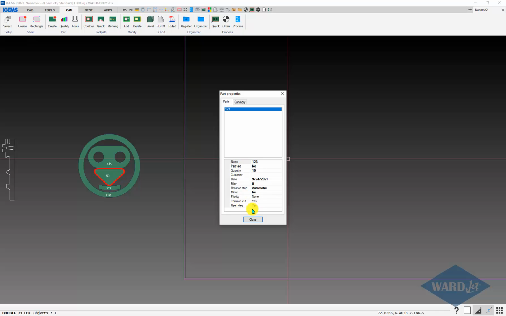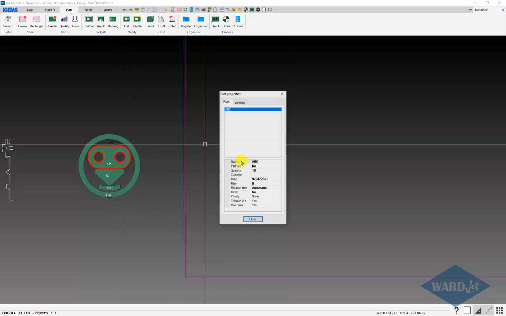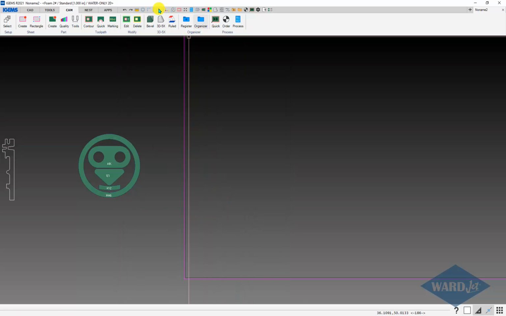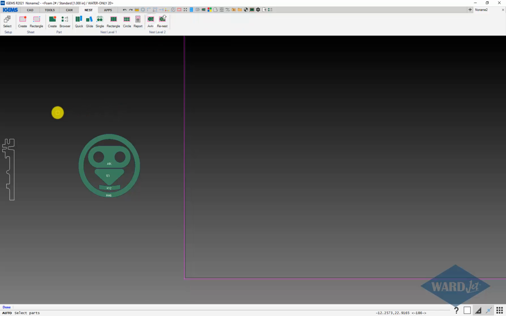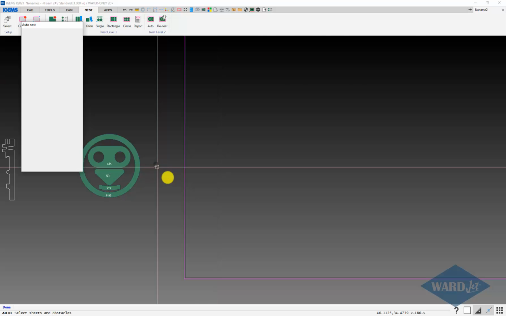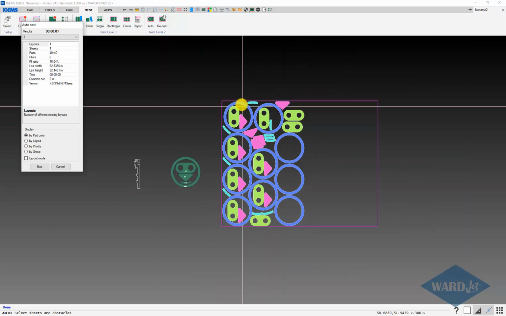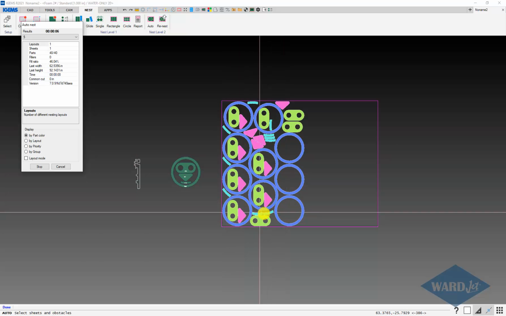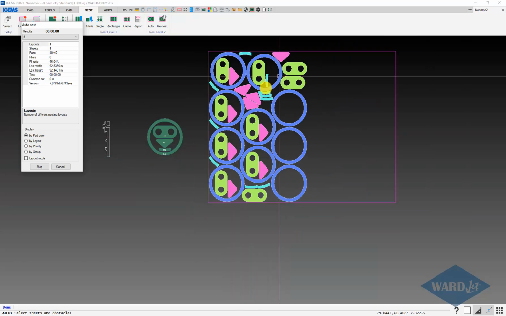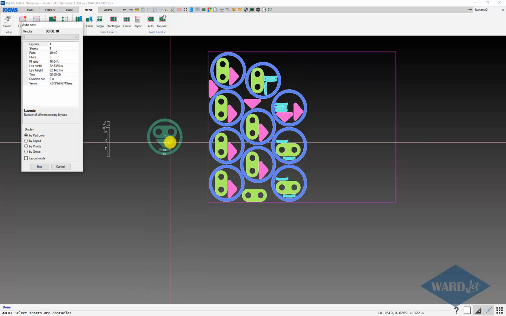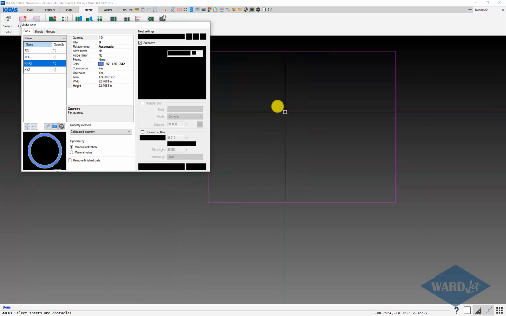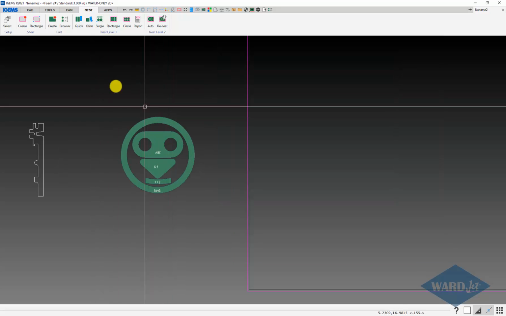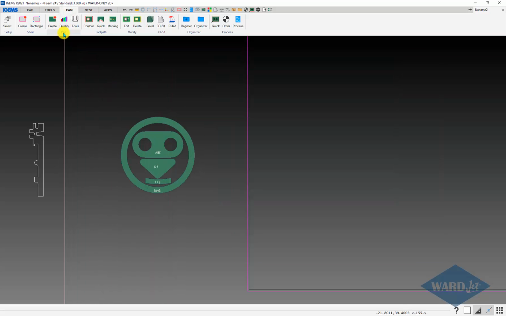Double click on it, that's the part name for that one. That's the part name for that one. And if I go ahead and nest these onto this sheet here, of course IGEMS is going to do its best to optimize my material utilization and not necessarily keep the parts together. So if I do want to keep these together, then I will go to my, again, CAM tab, Parts